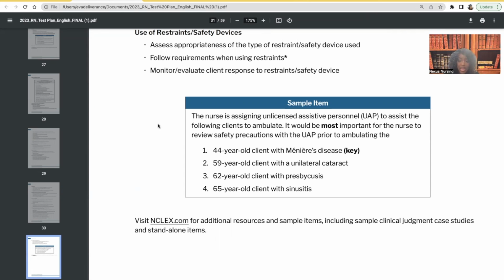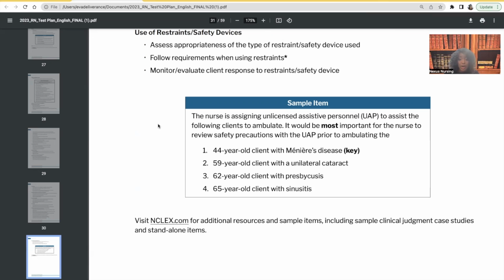Look at choice 3, the client with presbycusis. So yes, let me tell you something, if Meniere's disease wasn't there, then your next choice would have been presbycusis, but that's still not as high a risk as the patient with Meniere's disease by far. And then choice 4, you have sinusitis. The only thing that's wrong with that, okay, they're 65, a little bit older, and with the older population, we're always going to be concerned with falls, but that still doesn't take precedence over that younger patient that's only 44,